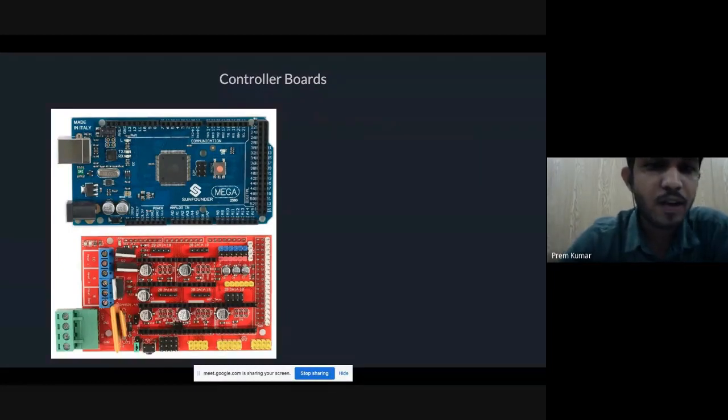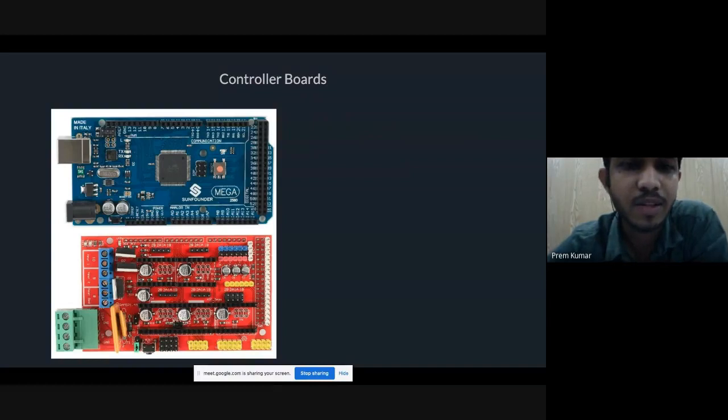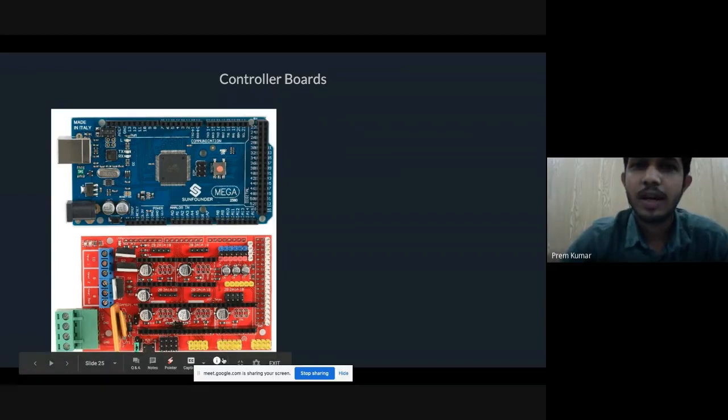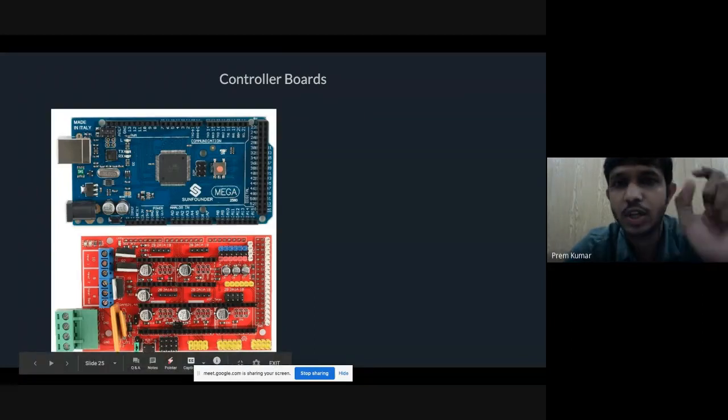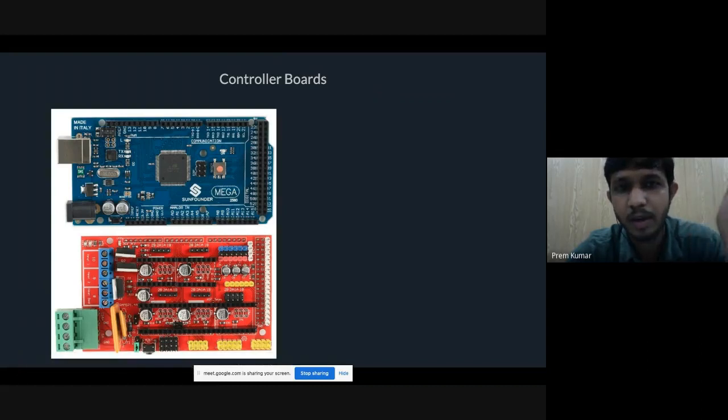These kinds of values you have to put into the firmware so that the firmware knows how much you need. Like in the G-code, you might see that the G-code tells the hot end to move a 10 mm distance. The controller does that calculation because it knows the number of steps it requires for 1 mm. So you have to define that value. Only then will the controller know, because the controller may not know what kind of pulley you have used, what its diameter is. I have shown you the GT2 pulley in our slides.